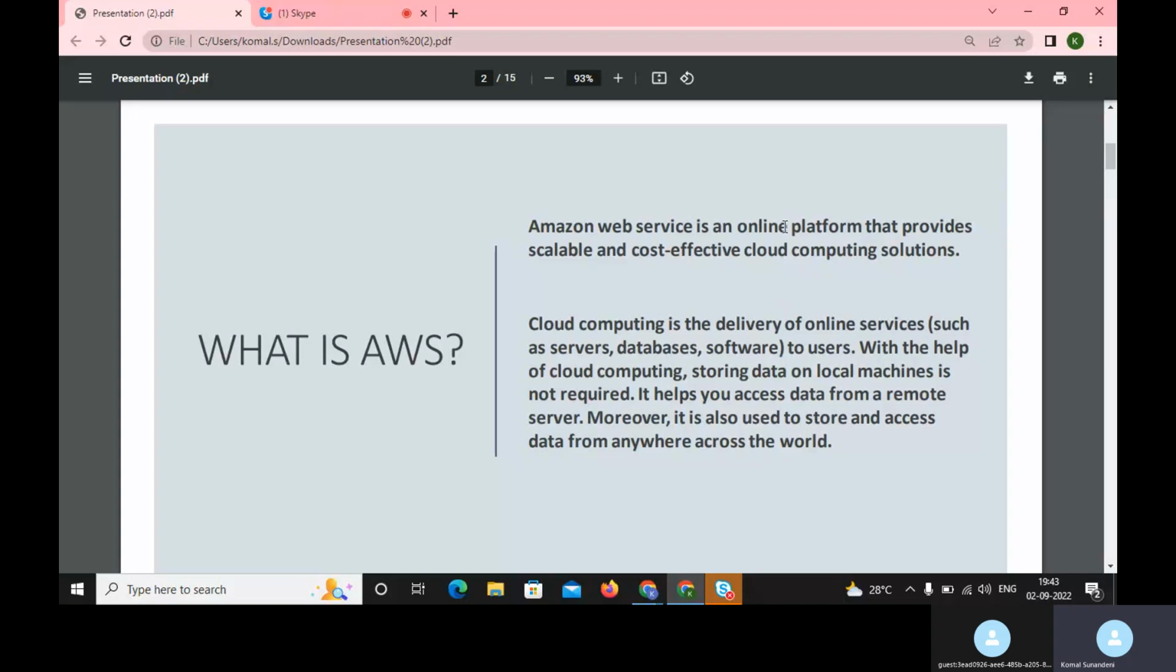AWS is an online platform which provides scalable and cost-effective cloud computing solutions. You can think of it as a rental system where you can run your applications. You can use AWS servers and run your applications on them. That's the basic usage of an AWS server, or you can use their storage, or you